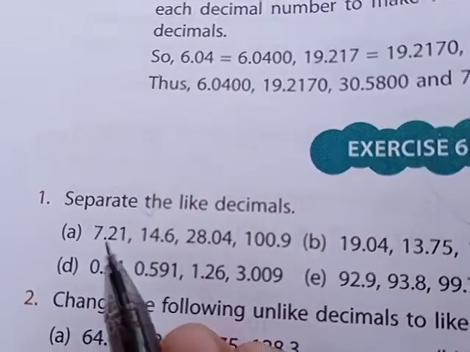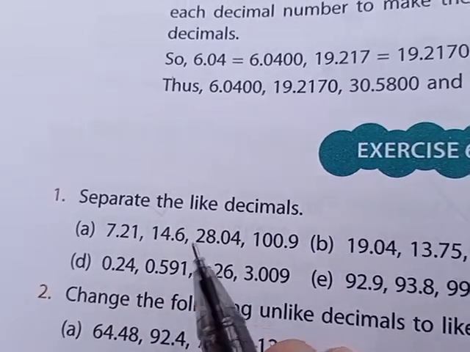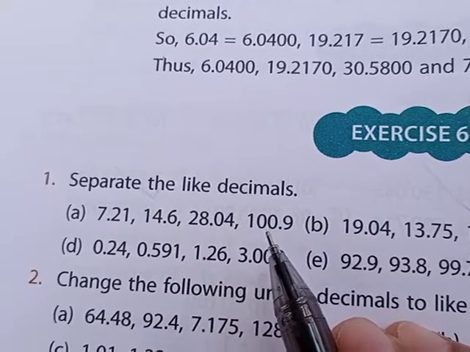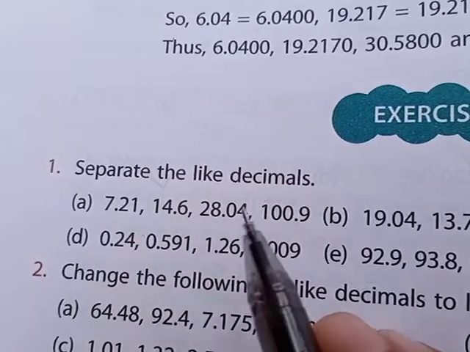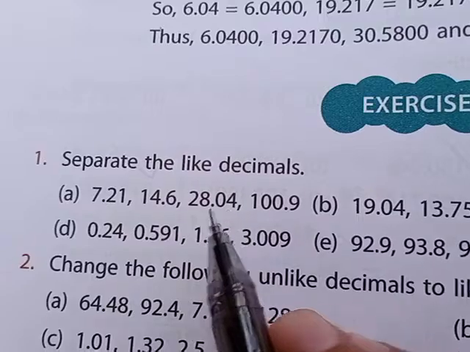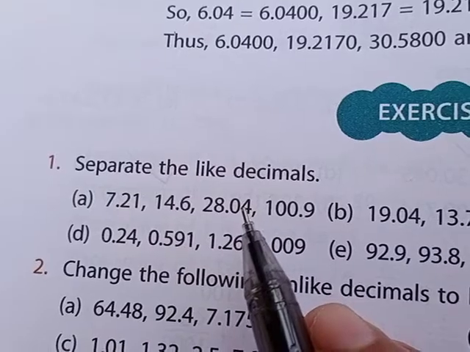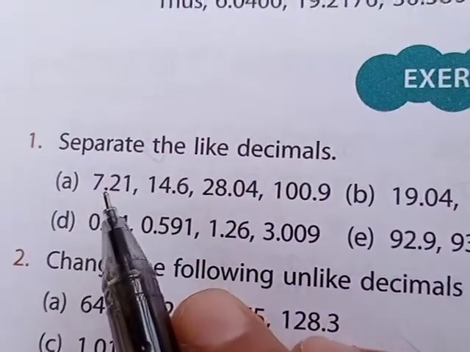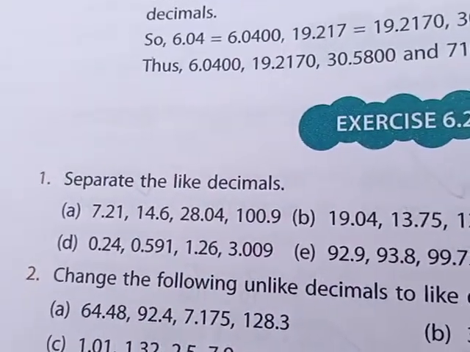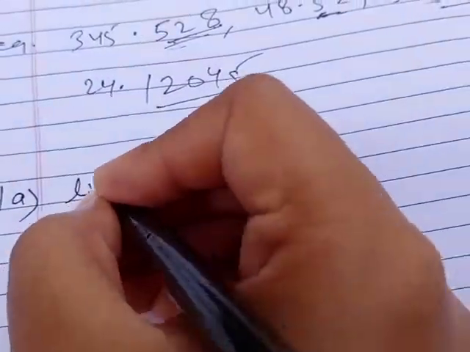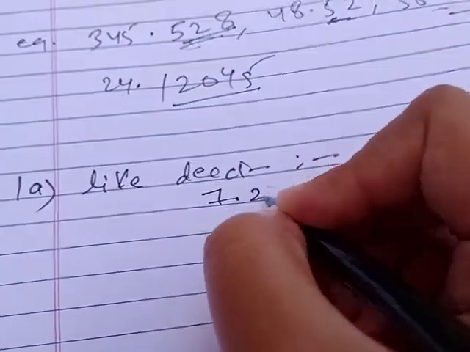You see, in A, 7.21 is written, 14.6 is written, 28.04, 100.9. If you notice here, this is 7.21 and 28.04. So 7.21 and 28.04 can be like decimals. They can be like, because after the decimal here there are 2 digits, here also after the decimal there are 2 digits. So what is the like decimal here? We can write the like decimal. What is the answer for like decimals? 7.21 and